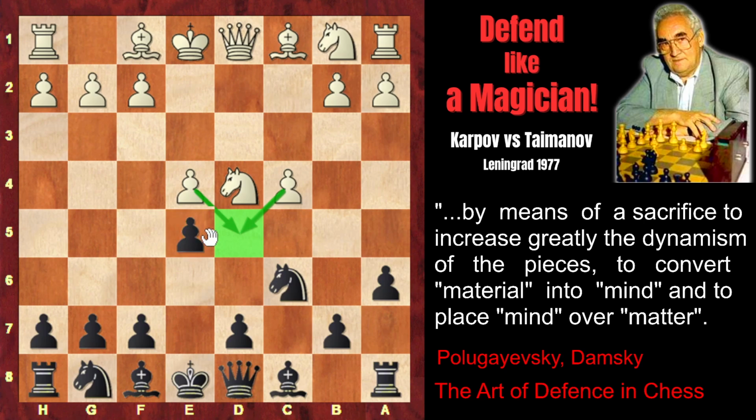Taimanov plays e5, eternally weakening the d5 square, but getting the dynamic play and the control over the important d4 square. Now the best move according to the theory is knight f5, but in our game Karpov opted for knight b3 instead. The idea is to take under control the c5 square in order to prevent the black bishop from